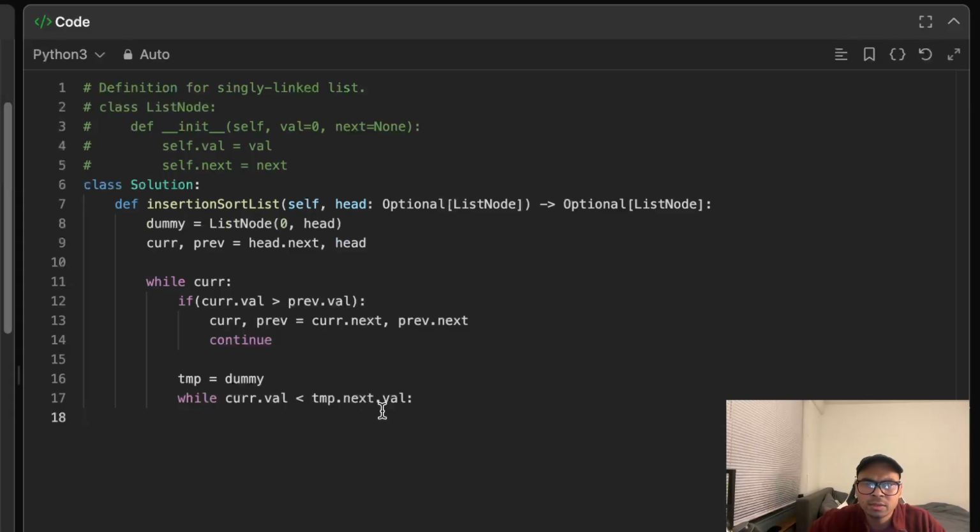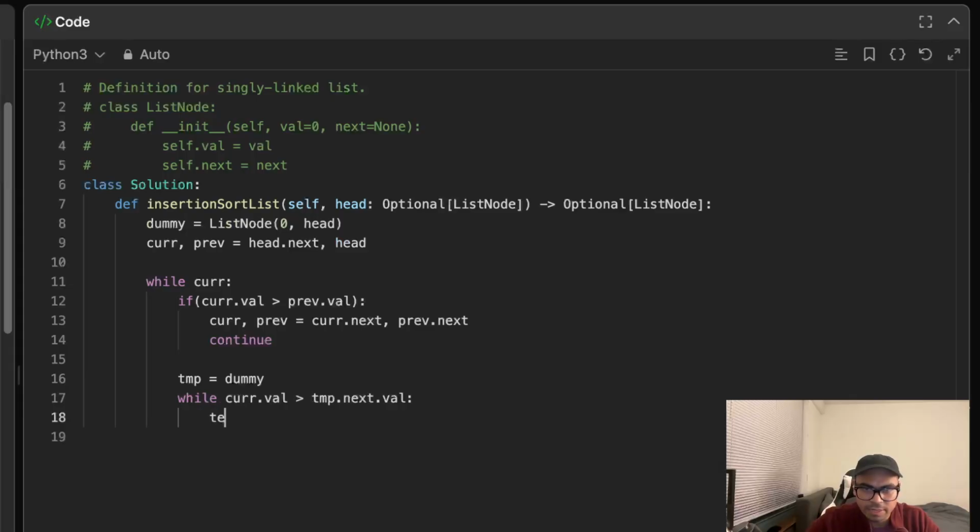I think I might be missing something here. Okay, so what we are actually trying to do is, we're gonna keep checking it. Let's check if this is greater than temp, then I'm gonna keep improving my temp, because we want to get to the right position. We do not want to check the truth here. We just want to check the falsehood of this algorithm,